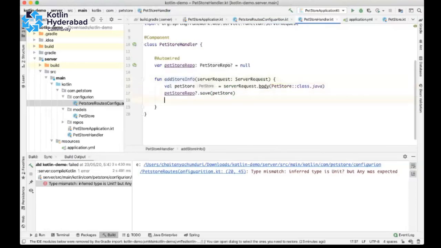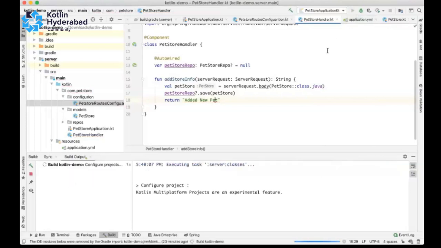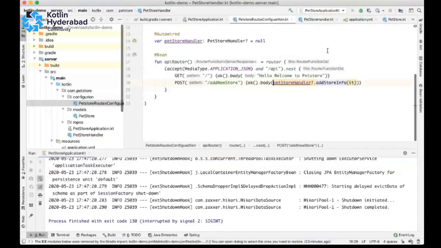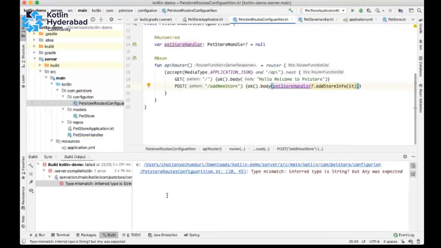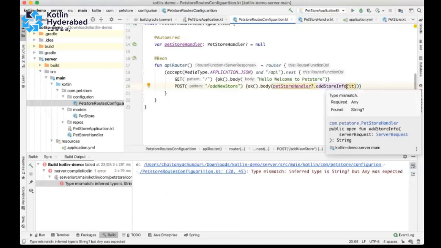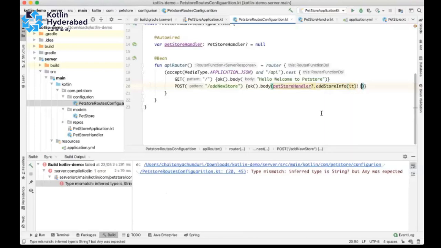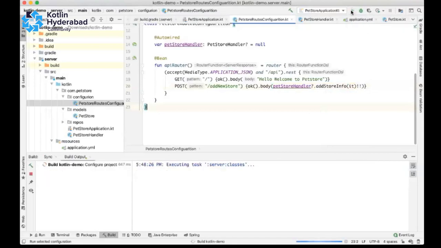I'm just returning a small string, since it is not accepting. Okay, it is just asking for the null safety.